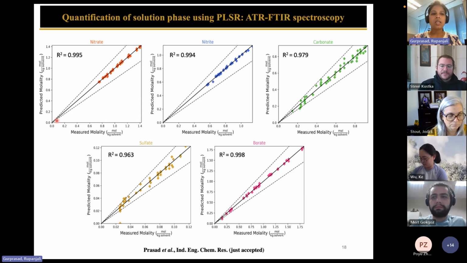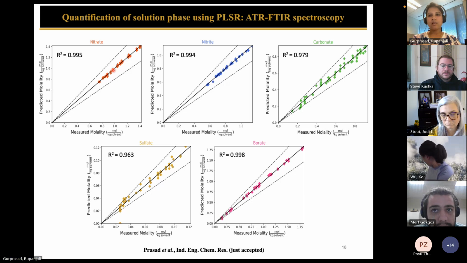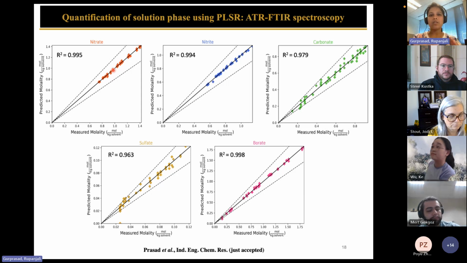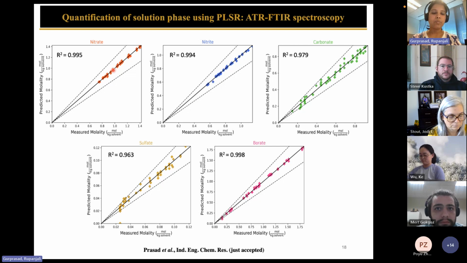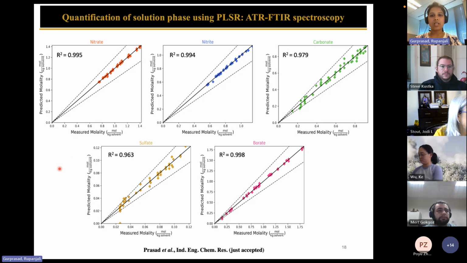These bounds come from our knowledge of the reported accuracy of the offline lab analysis. Ideally, we wanted our predictions to lie within these bounds, because we're trying to see if an online monitoring approach can actually complement the offline analysis. If the accuracy is still within those bounds, it would be a good and hopeful win for all of us. So based on the FTIR results, we see that the solution phase quantification was actually very accurate